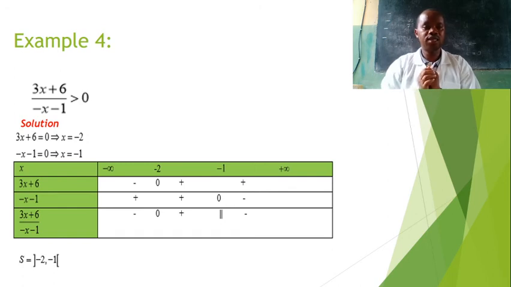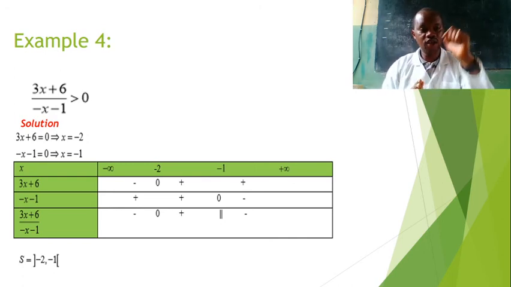And remember that the inequality is 3x plus 6 over minus x minus 1 greater than 0. In this case, we will see where this quotient is positive, and that is where we will have the solution. It means that the solution set will start from minus 2 excluded up to minus 1 excluded. Minus 2 is excluded because we have no equal sign, and minus 1 is excluded